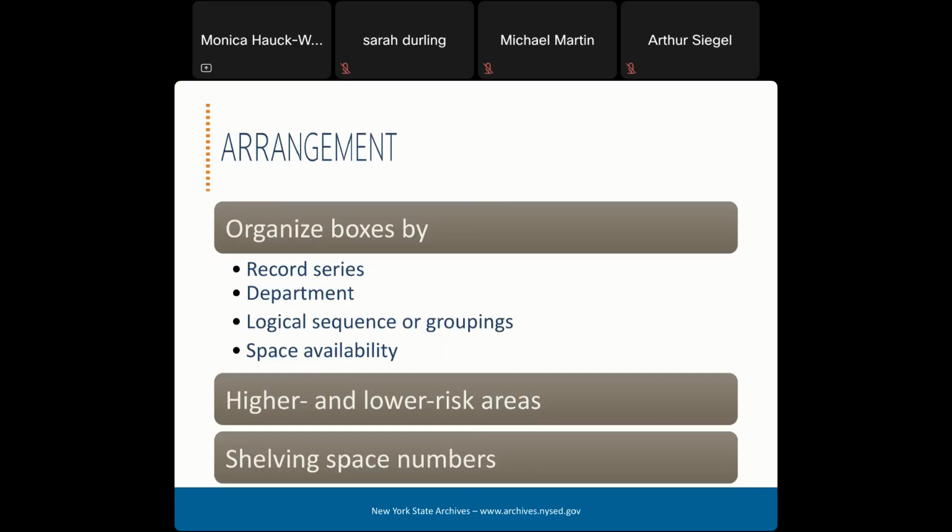Once you have your shelves and you've got your boxes and you've got your boxes labeled, you've got to figure out how you're going to put your boxes on your shelves. There's no one right way to do this. You might want to organize the boxes by record series, like keep all your purchase orders together. Or you might want to designate a space for each department's or unit's records. Or you might want to come up with something a little more complex, like if you have planning department records, you might want to organize them by geographic location.